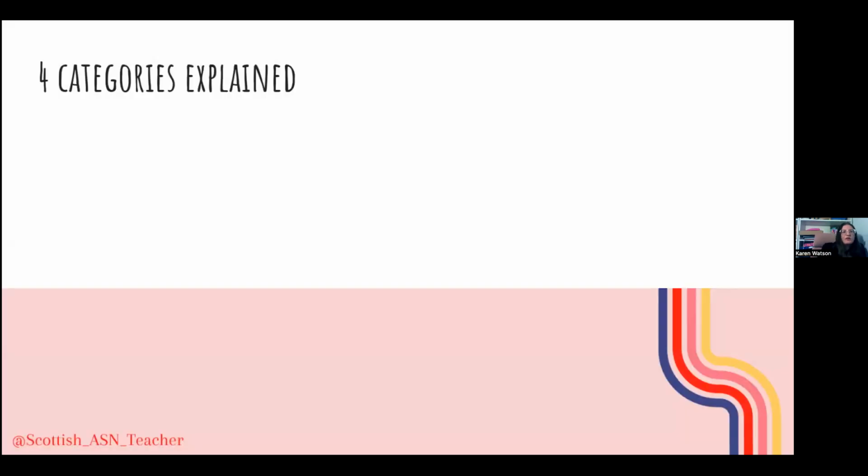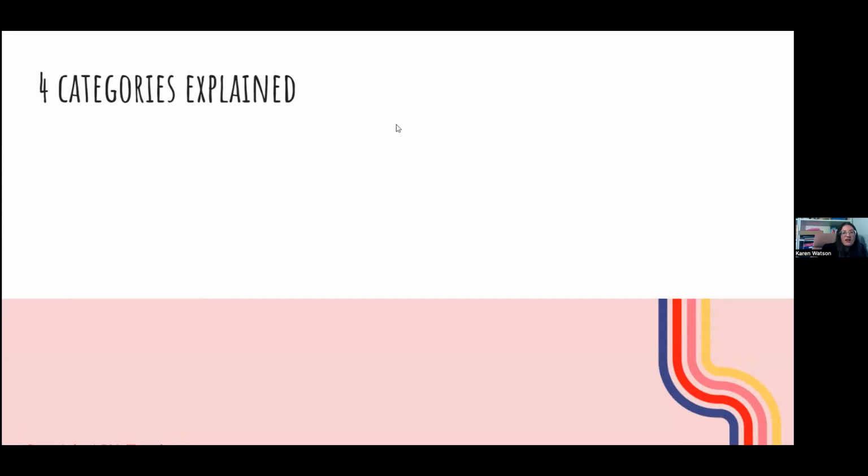So let's now have a think about the 4 categories of attachment theory. So there are 4 different attachment styles, if you like. They are,